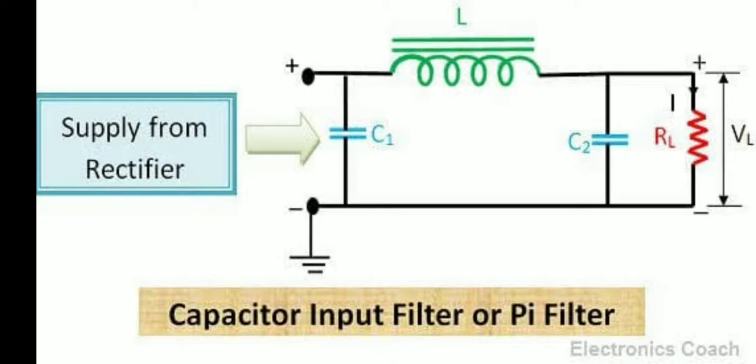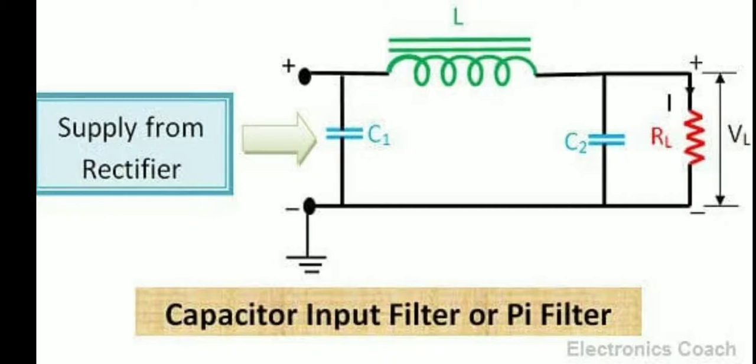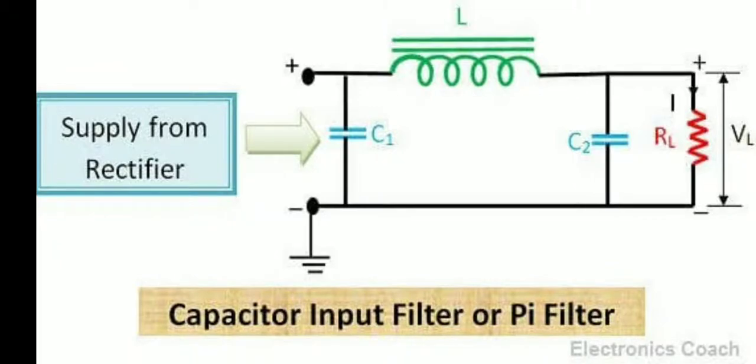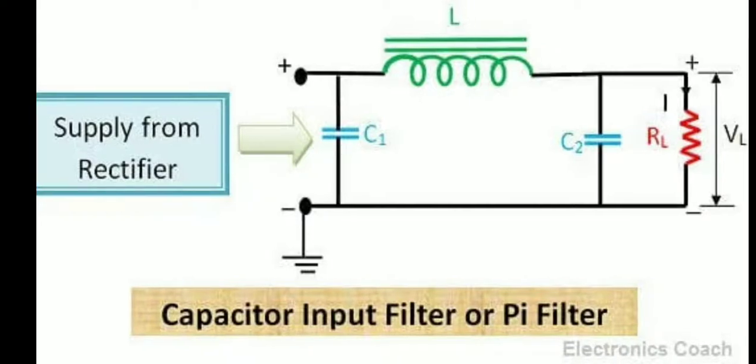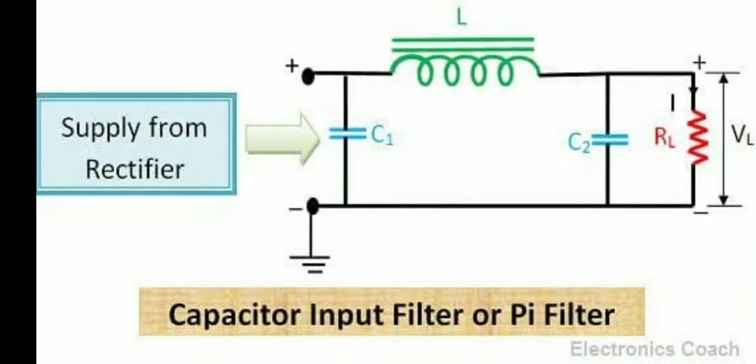First, let us see what a pi filter is. An electronic filter is a signal processing filter, and these are available in electrical circuit forms. The main function of a filter is to allow the DC component and block the AC component of the output of the rectifier. Therefore, the filter circuit output will be a stable DC voltage.